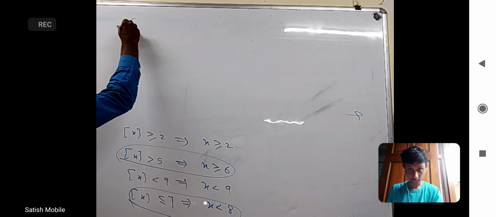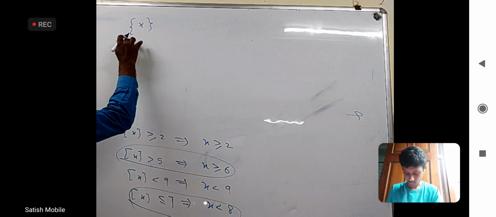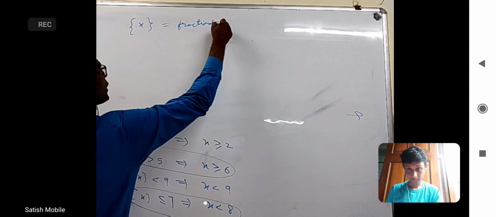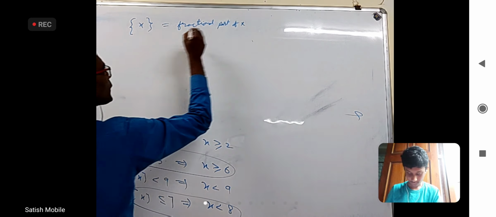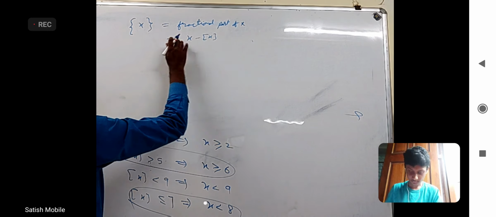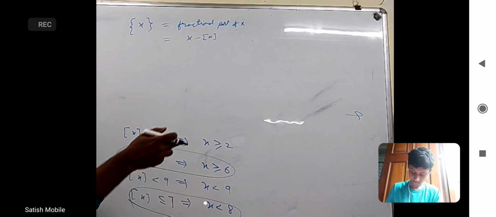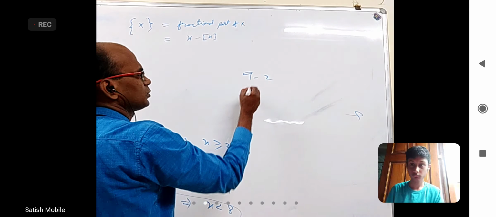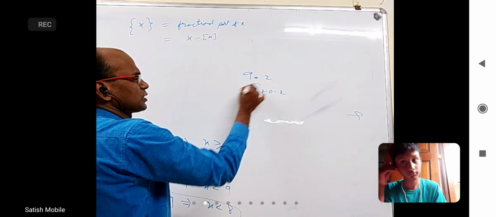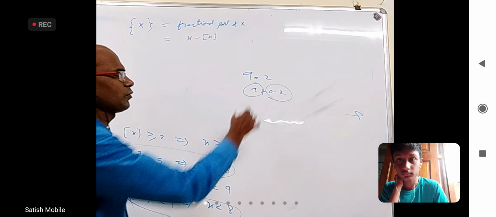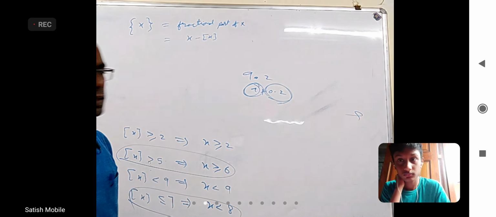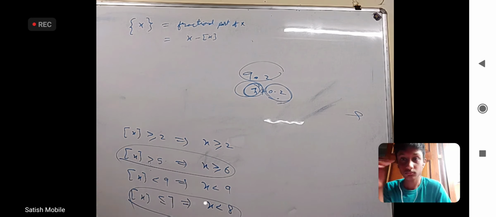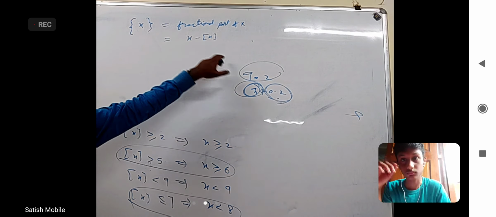Okay, next, this is another symbol we use. This is called fractional part of x. That is x minus integer part of x. From x, if you remove the integer part, what is left? That is called the decimal part or fractional part. For example, if you take 9.2, you can write it as 9 plus 0.2. This is called the integer part and this is called the fractional part. Till now we studied the integer part. Now we are going to study this. How will you get this fractional part? From the total number, remove the integer part, and whatever is left is called the fractional part. That's why fractional part of x is defined as x minus integer part of x.